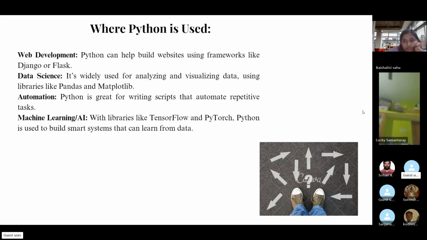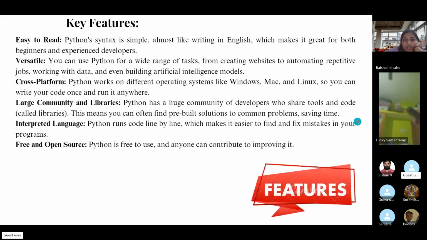Okay, then comes to key features. What are the key features we have in Python that make Python very good compared to other programming languages? It's easy to read, versatile, cross-platform, a large community and library, an interpreted language, and free and open source. First of all, easy to read.